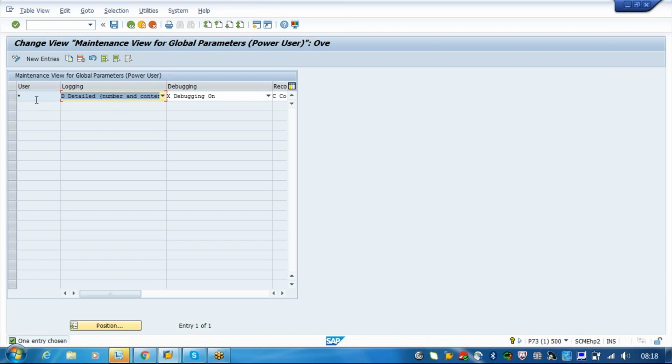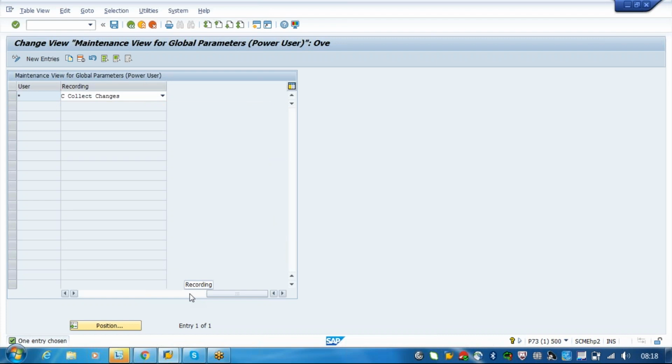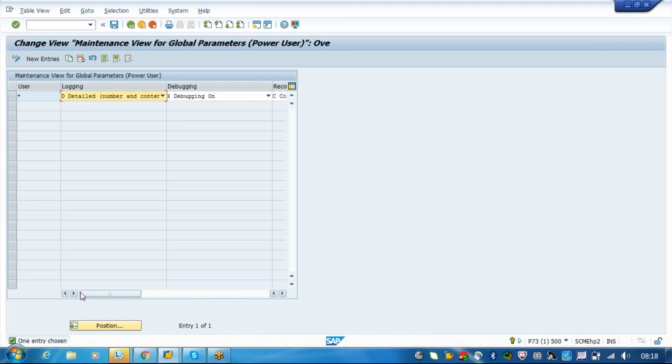So this is the user parameter. For all the user parameters, you will be sending the data. You can either send in logging mode or debugging mode. Both ways are possible. For all the logical systems, these are all the users eligible to transfer or receive the data. It's your SAP user.